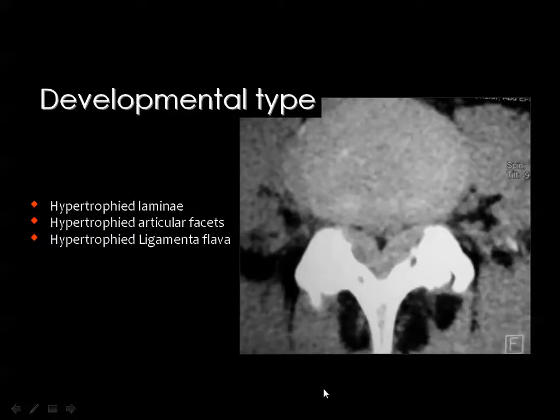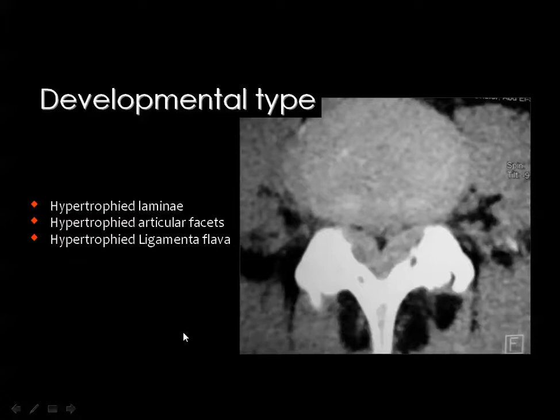And the cause of narrowing is threefold. Number one, these are the ligamenta flava, which are markedly hypertrophied, articular facets and hypertrophied short laminae. As you can see, this is the lamina, which in this type of stenosis will be thick, and the interlaminar